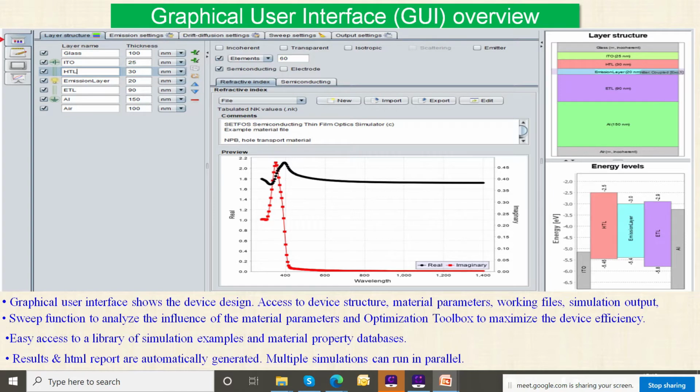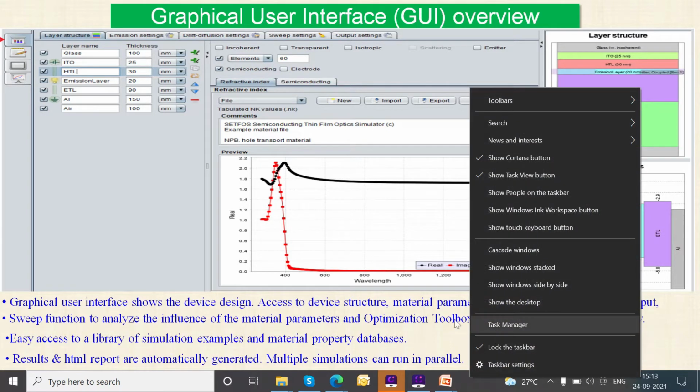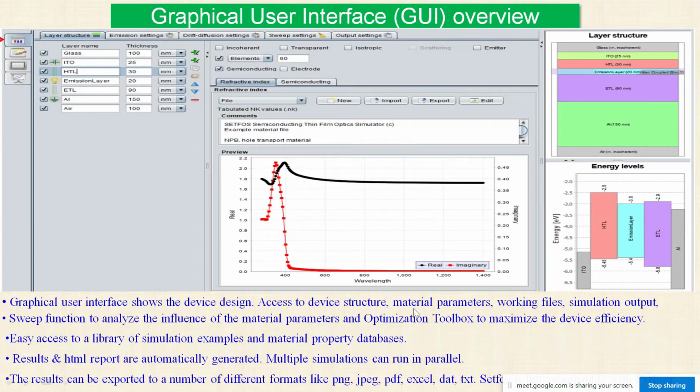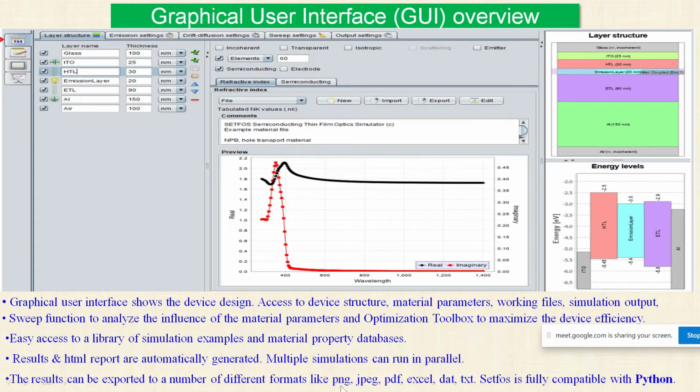Results and HTML reports, like a presentation, will automatically be prepared and can be exported in standard formats. You can export your data in standard file formats, such as PNG, JPG, PDF, DAT, or Excel.